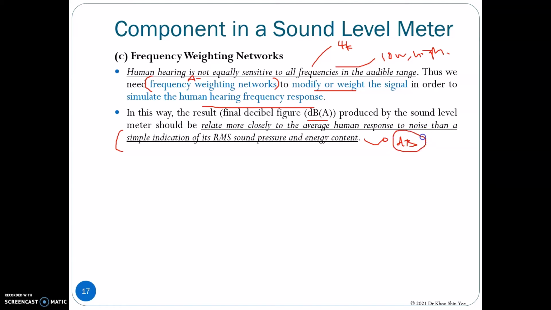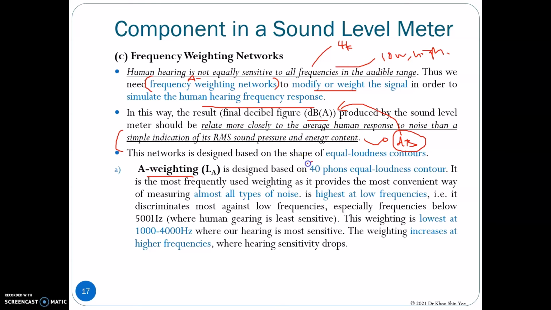Then we can convert the dB into dBA by using the A-weighting network in order to relate more closely to the average human response to noise. A-weighting is designed based on the 40-phon equal loudness contour of the human hearing. The A-weighting is the most frequently used weighting because it provides the most convenient way of measuring almost all types of noise. This weighting is highest at low frequencies, where it discriminates most against the low frequency, especially the frequency